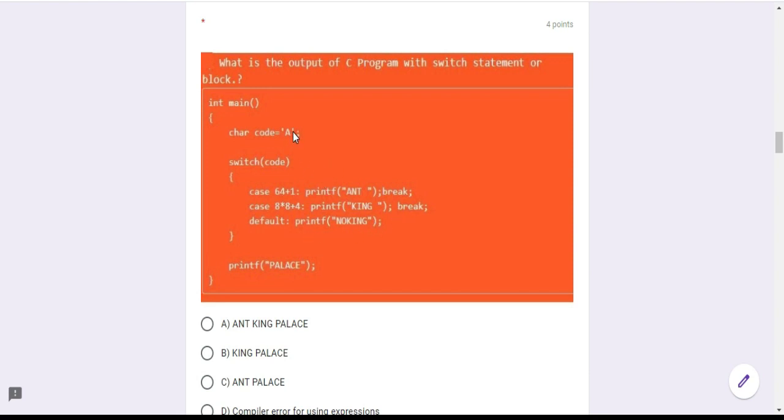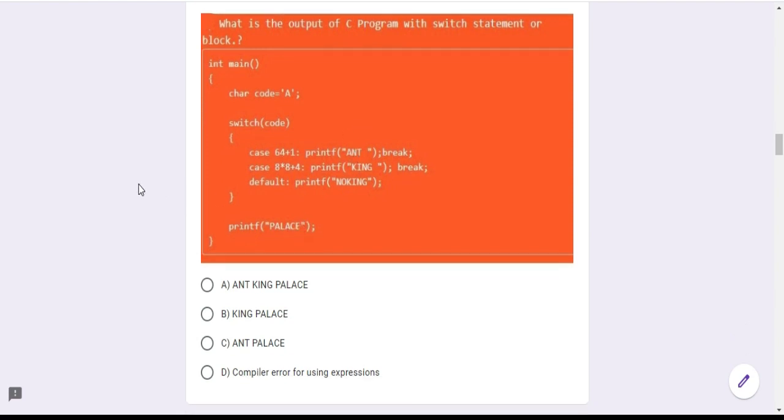Actually the a value will be the input for this code, and this case is also converted into a character. What is the ASCII value for a? That is 65. 65 is the ASCII value for a. So the corresponding case will work. It will convert as a value. So case a prints, and out of this switch statement, the printf is outside. So ant palace is the answer for this.